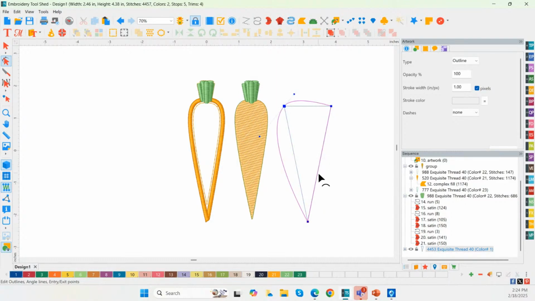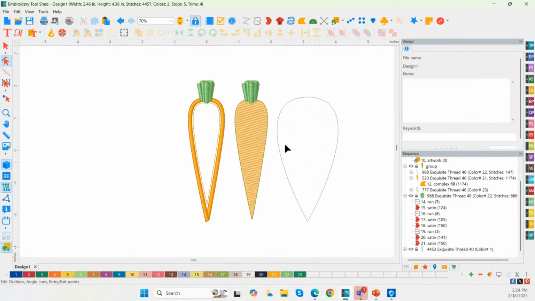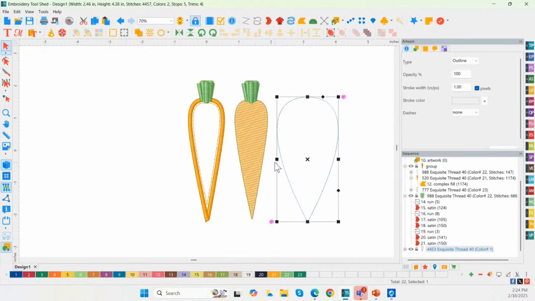So if I do a right mouse click and choose smooth, I've gotten something that looks a little bit more like my carrot shape. And then now I'm going to just squish it narrower. Okay, so you can draw a carrot if you don't have one